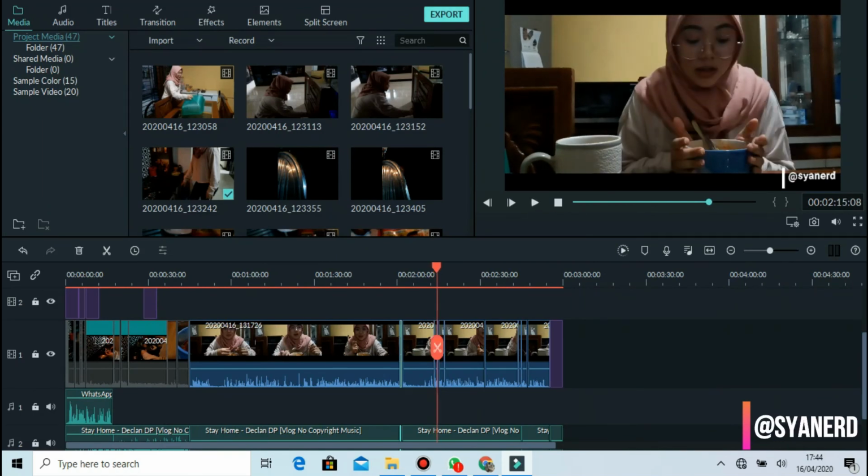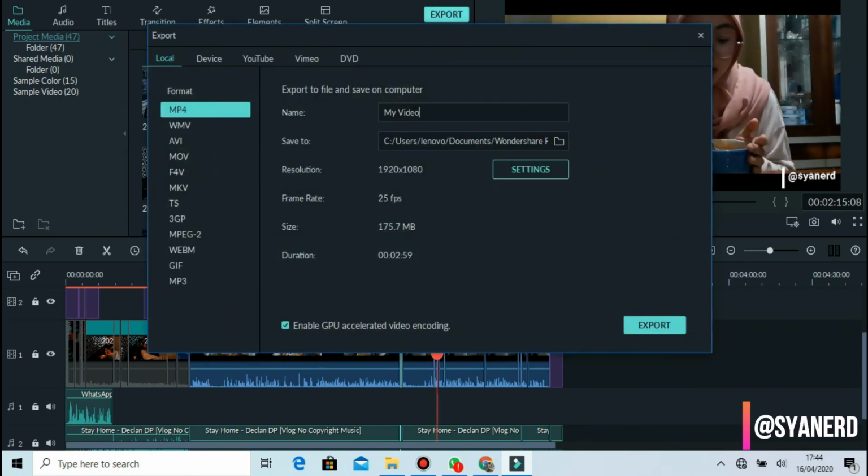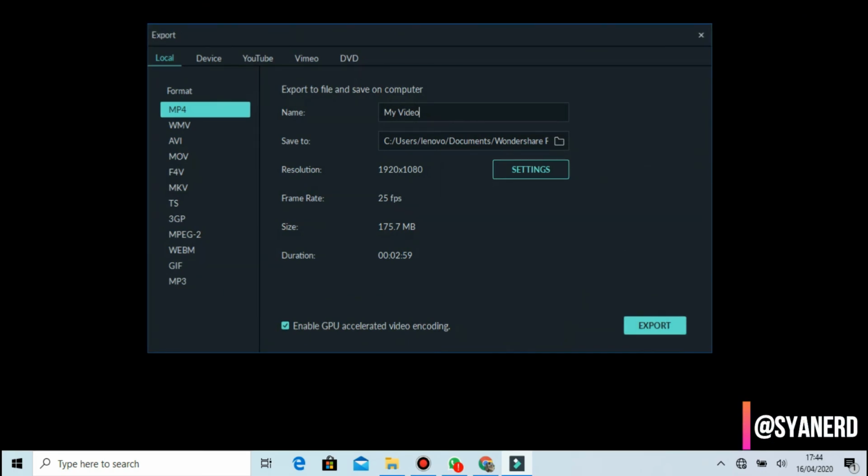One last final check, going back to the beginning and watching it all the way through. Make sure that there is nothing missing, nothing's broken, and it complies with all of the criteria that I have set before. And once it's all set, just hit that export button and wait till it all gets exported to